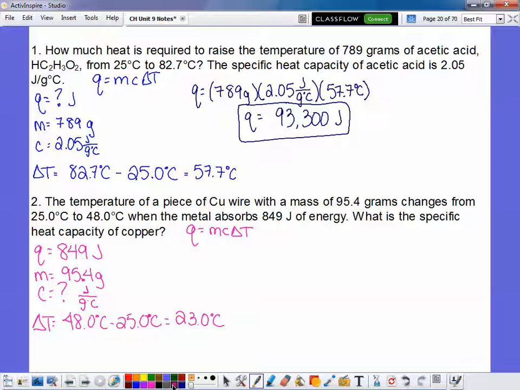So what variable am I solving for in this problem? C. So let's rearrange that formula to solve for C. When I rearrange it, what do I get? Yep, Q over m delta T equals C. So now we're just going to plug everything in. So see how you can solve for any of the variables, really. So 849 joules over